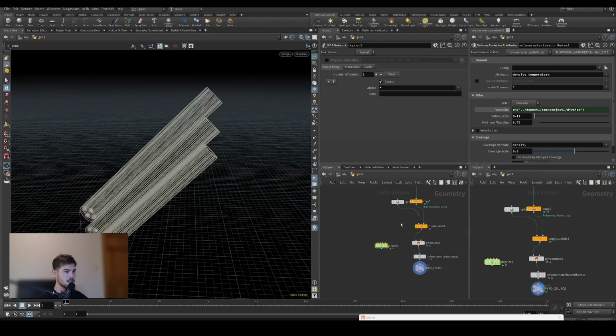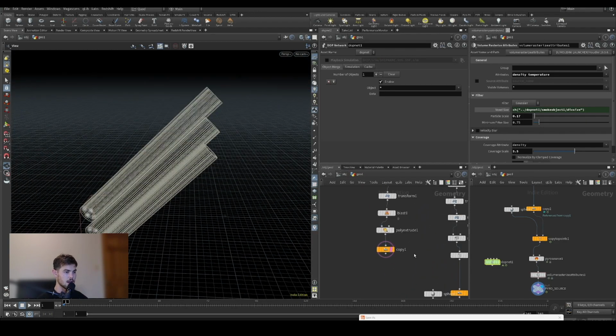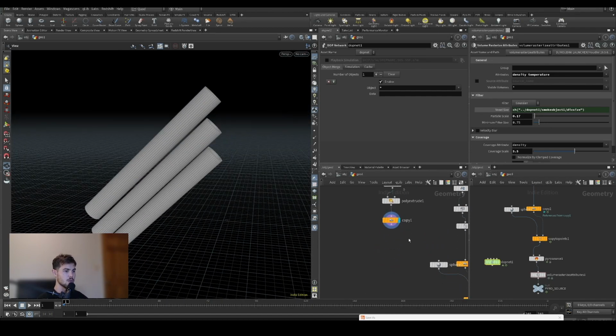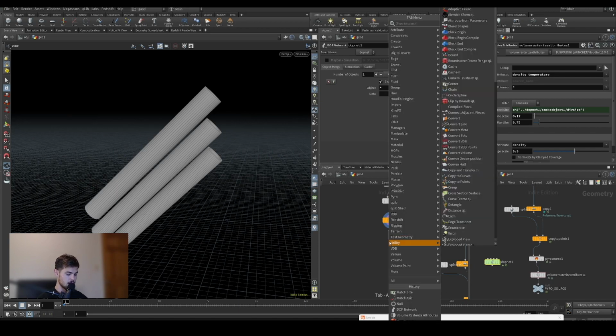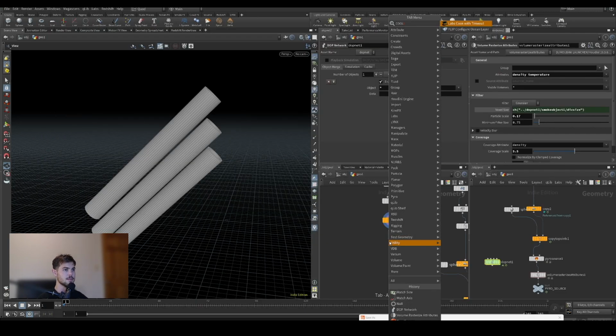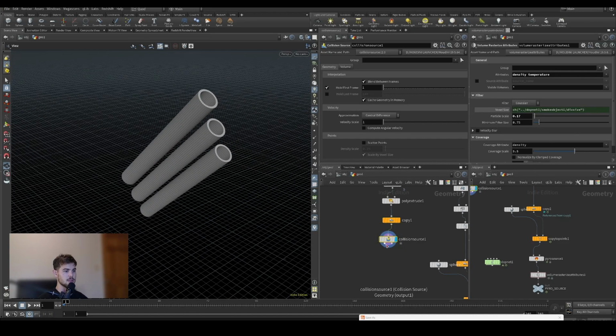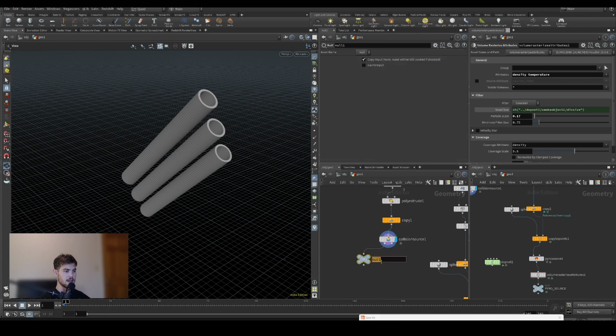And what we will need is our tubes from earlier. So these are going to be our collision objects. And so what we're going to do with those is create a collision source. So there's a great little node that allows you to easily just create a collision source. Basically what it does is it outputs VDB from the polygons from one side and to the geometry in the other. So what we can do is append a null, call this collide geo, and create another null and call this